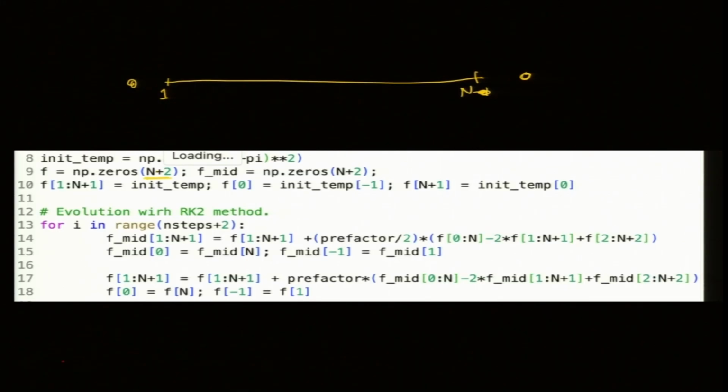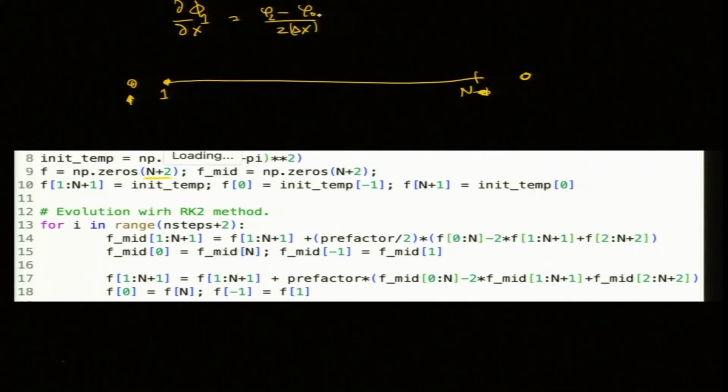Why add those 2 points? Because my boundary is sitting here. To compute the derivative here, I need the data on the left as well if I use a second order scheme. So if I want to compute the first derivative d phi by dx at point 1, what will that be? Phi 2 minus phi 0 divided by 2 delta x.